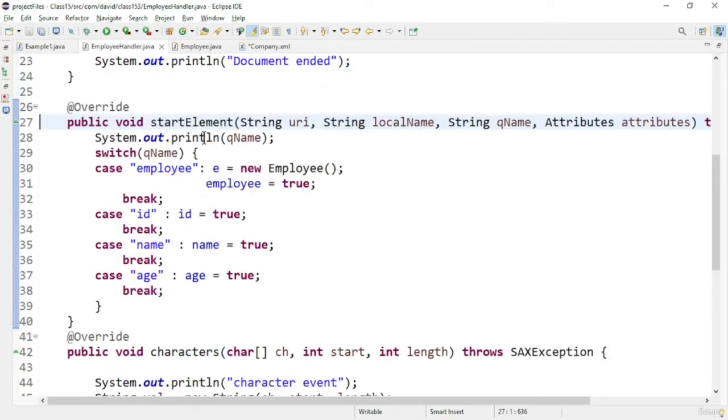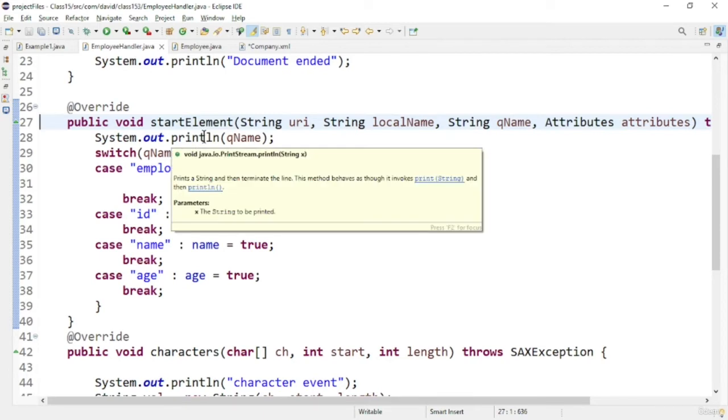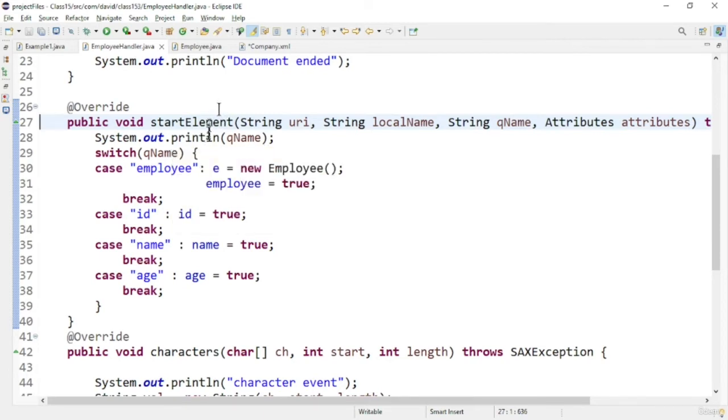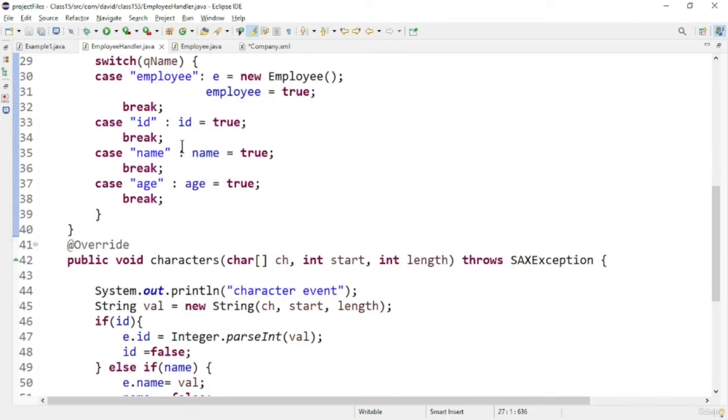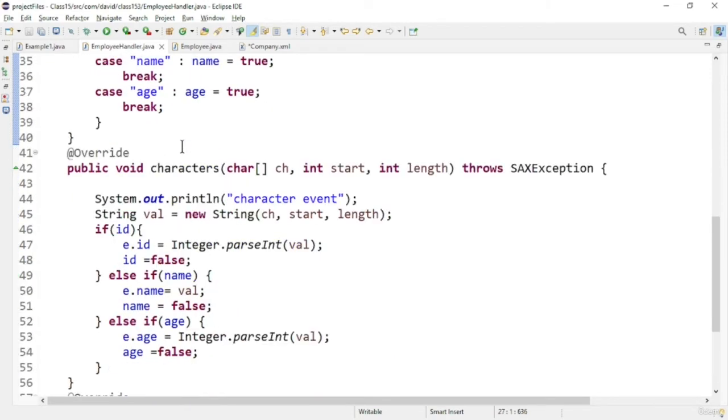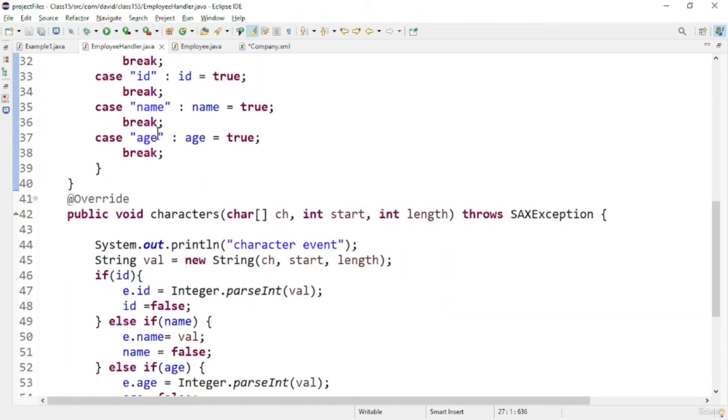So for each tag inside the main tag, this event will occur. You can see the logic: for employee, I am creating an employee object and setting the flag. For the others, I am just setting the particular flags, and that's it for start element.